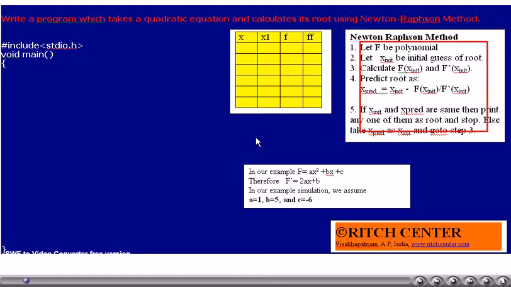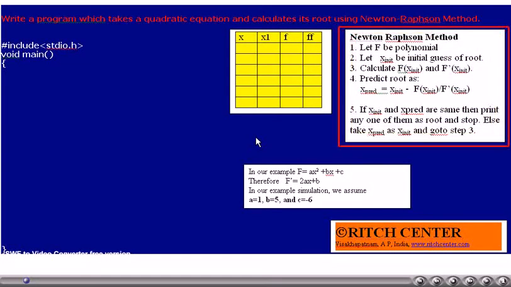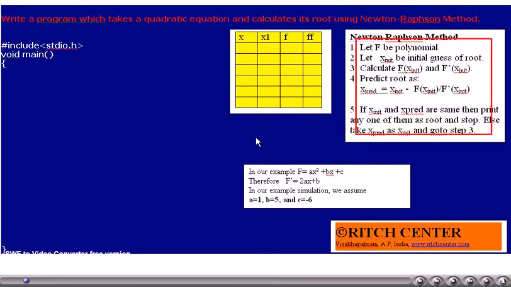In this example, we take the polynomial as a quadratic equation, that is a second order equation, thus the coefficients are only 3. That is ax square plus bx plus c, the coefficients are a, b, c. The derivative of it becomes 2ax plus b. Then we continue the operation. However, for the purpose of demonstration, we have simulated only a few iterations of the while loop.